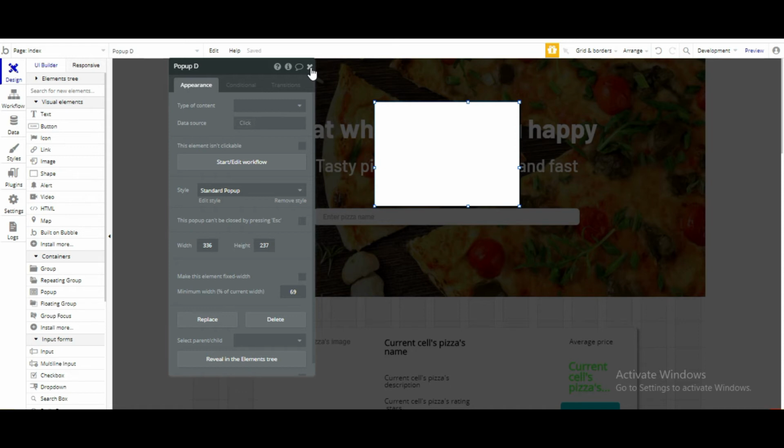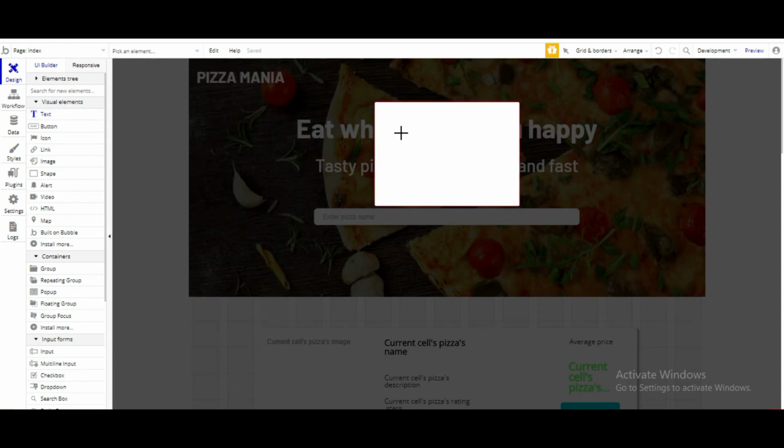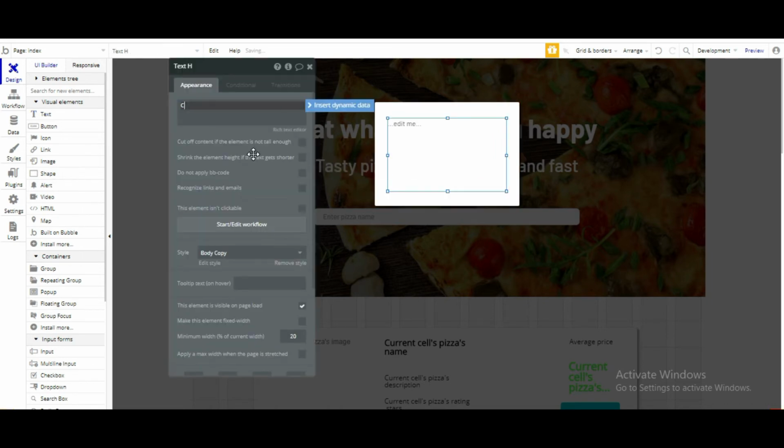So here is our pop-up. Now we'll add a text on this. We'll just write, Congratulations, your order has been successfully placed.